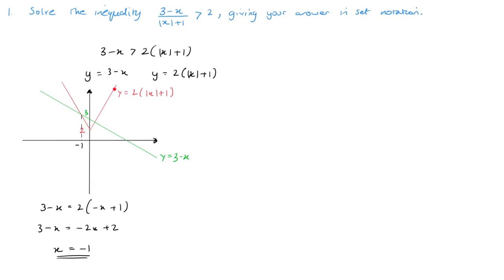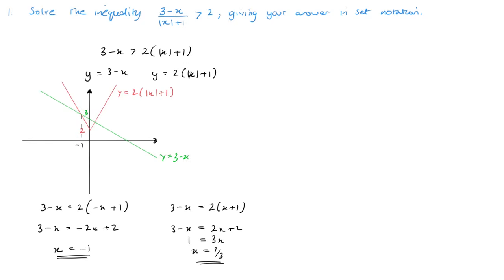Now for this intersection point, it's the regular part of the graph unaffected by the modulus sign. So that is 3 minus x equals 2 brackets x plus 1. So 2x plus 2, 3 minus x. So take the x's to the right, take the 2 to the left, we get this. So x equals 1/3. So this value over here